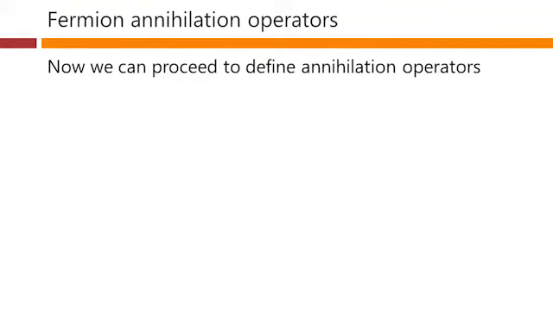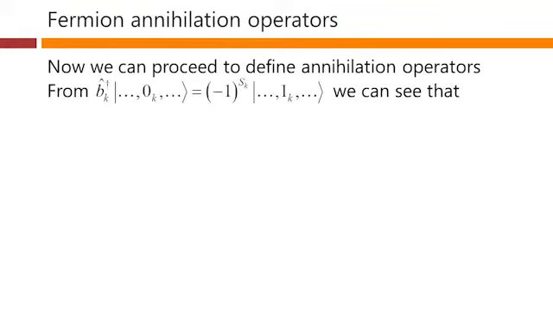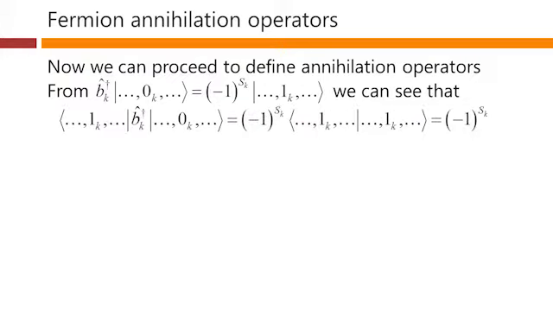So now we can proceed to define annihilation operators. We have this relation that we worked with for the creation operator. And from this, we can see that if we pre-multiplied on the left with this bra vector with one particle in state k, then what we would have multiplying on the right with the same bra vector would give this